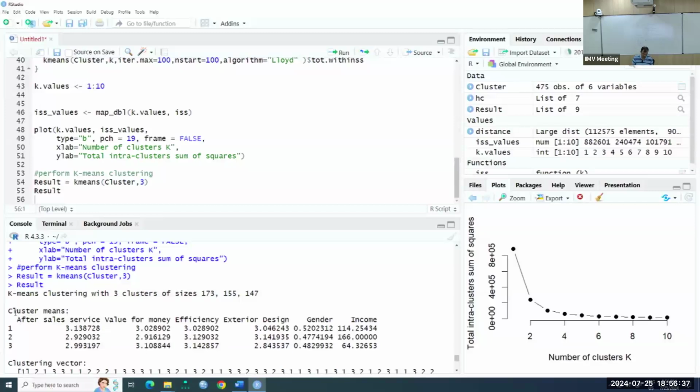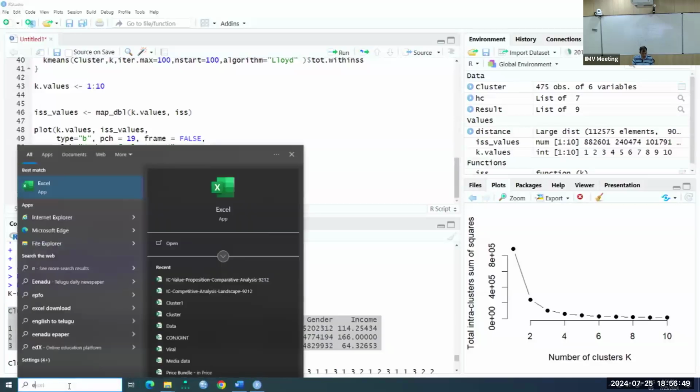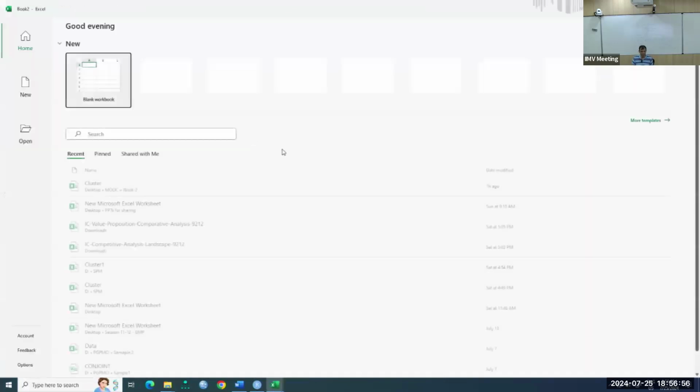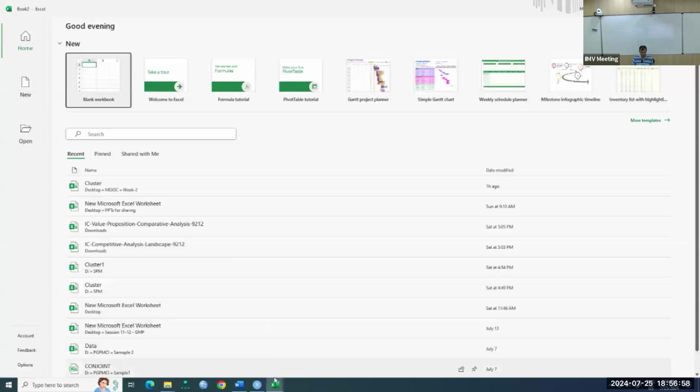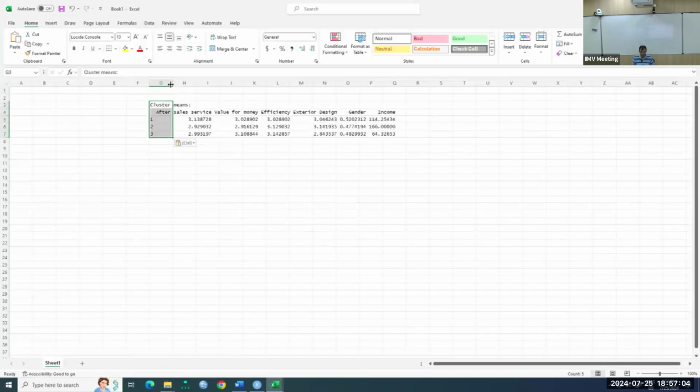Now we got 3 clusters. Now we need to understand what the characteristics of those clusters are. So what you do, you just copy the cluster means. So I am copying the cluster means. I am opening an Excel file and there I'll paste it. The moment you paste this, this is text data, it will come under one column. So I'll select this,